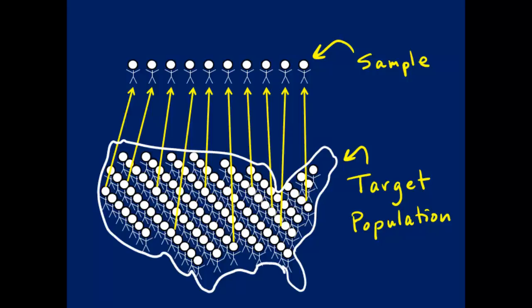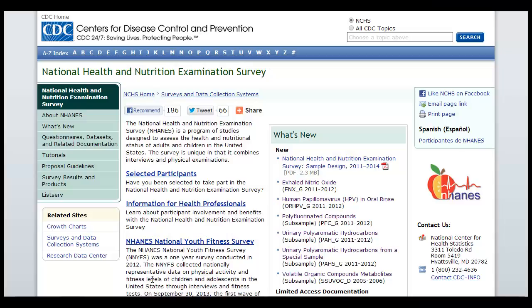Fortunately, it's very easy to ask the statistics software to give us weighted estimates, but we have to set up our data properly in order to get the proper estimates out of the statistical program. So that's what we're going to be doing here. One thing we have to do is find an appropriate weight variable for our particular analysis. There are a number of different weight variables found throughout the data, so I want to first show some of them to you. If you go to the questionnaires, datasets, and related documentation section,